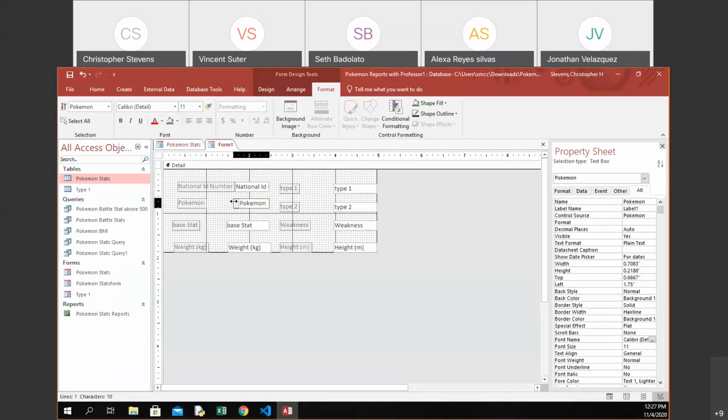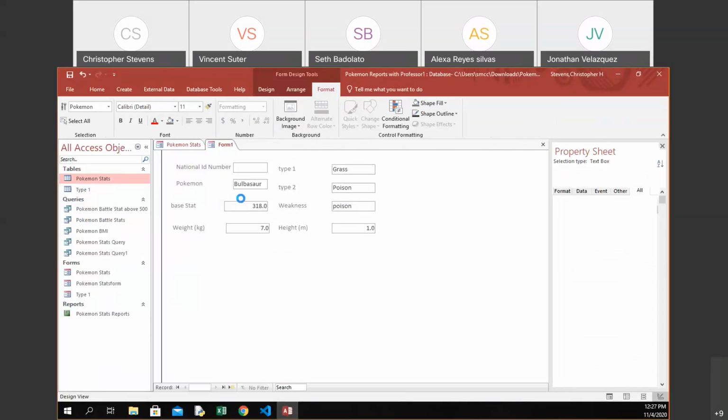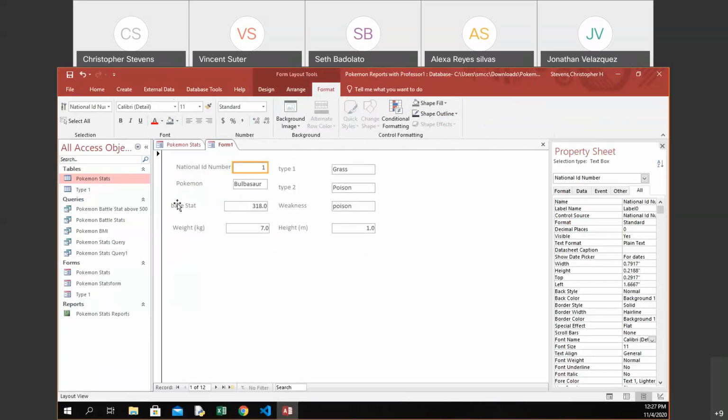Maybe even increase its size so it matches with the other fields. I can do that here. I can try to do that in layout view, but you don't see a dotted line, right? Where you can say, oh, okay, I know that this matches now. And that is also where you can bring in your